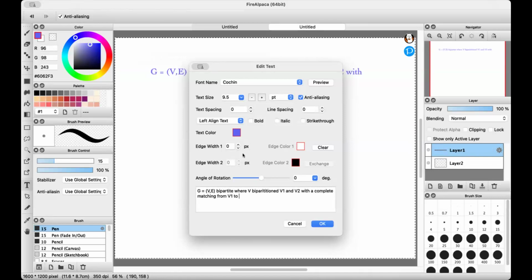Then the graph has a complete matching from V1 to V2 if and only if,